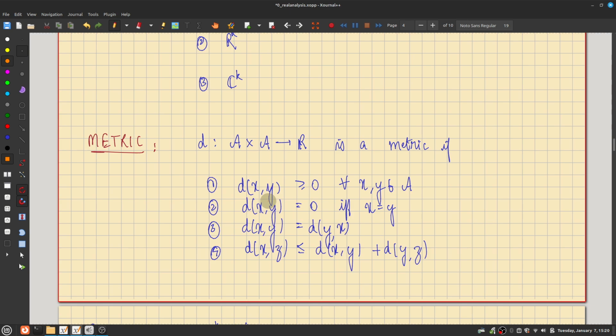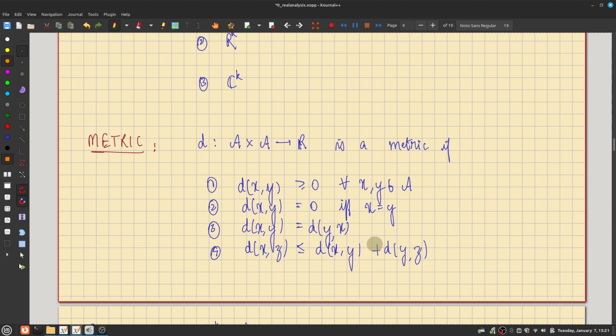If you think of the notion of distance, you take any 2 points, the distance between those 2 points is some non-negative number, and the distance is 0 only if you're measuring the distance from one point to the same point itself. If you take any 2 different points, then the distance is strictly positive, right? And the distance from x to y is the same as the distance from y to x. So it's a symmetric function,